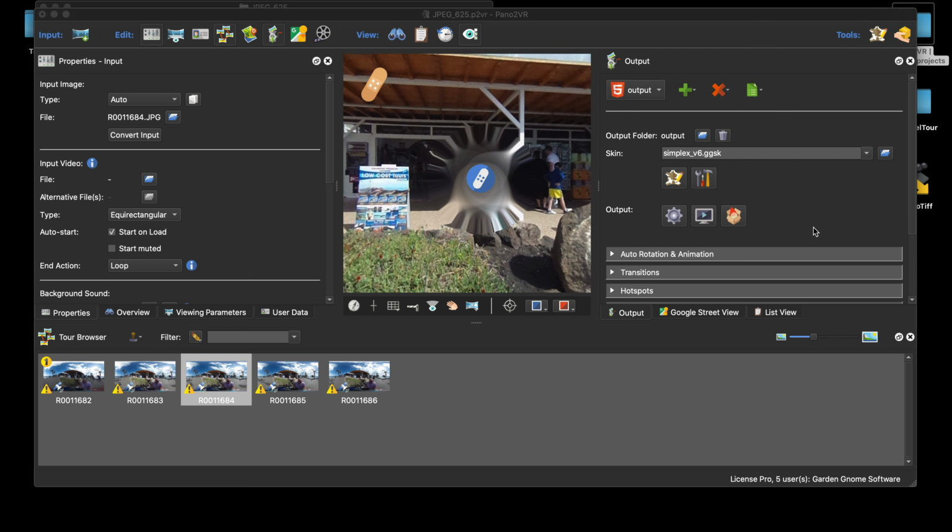But this is how it works. If you're going to put your outputs and other folders in different locations, generally speaking, if they're local to the computer, so you've just got extra drives on your PC and things like that, it shouldn't really matter. It's only when you start going network drives, I would say, well, one, you're dealing with a speed issue because Pano2VR has to fetch and create files very, very quickly,